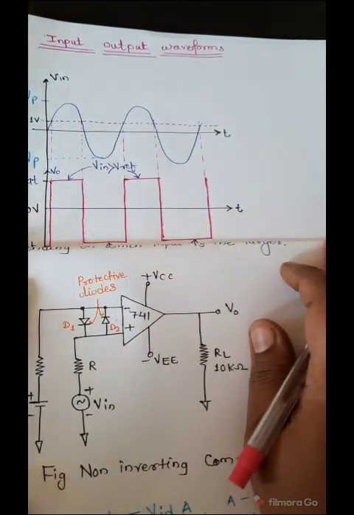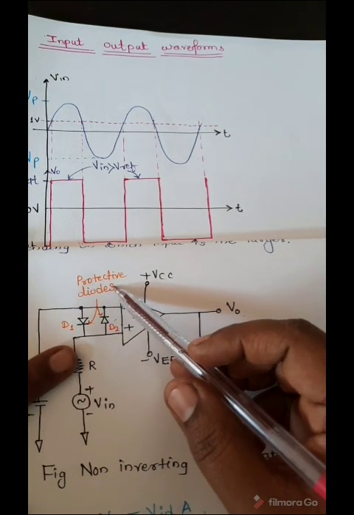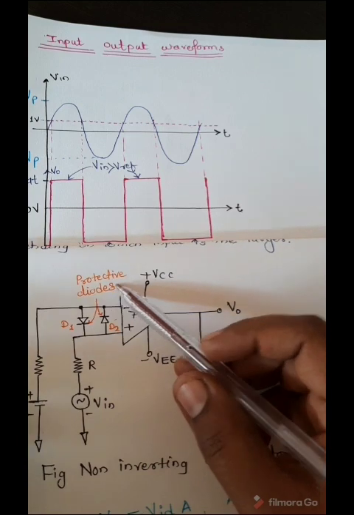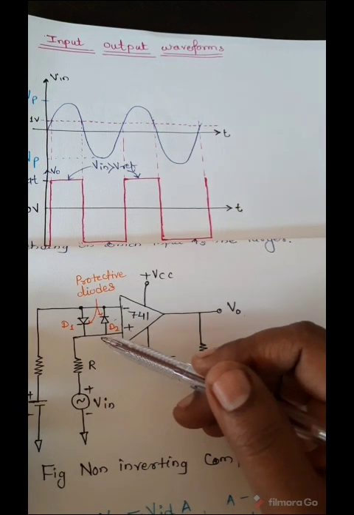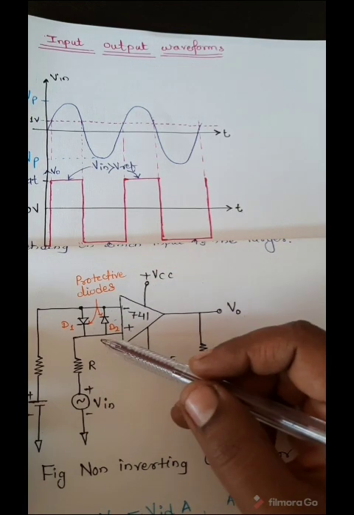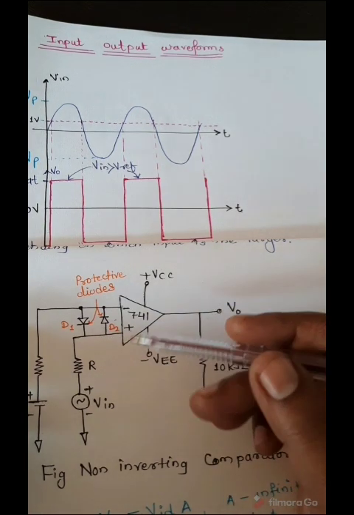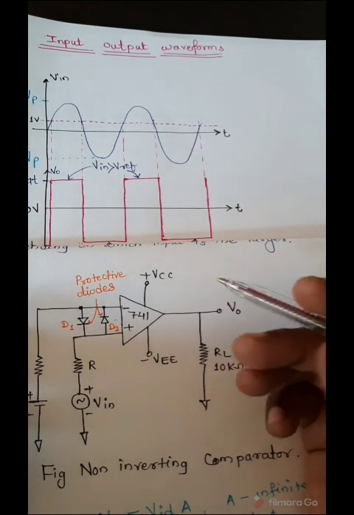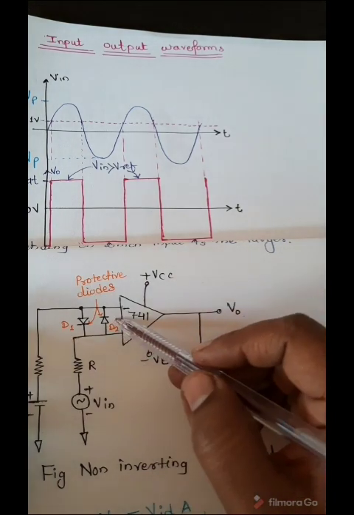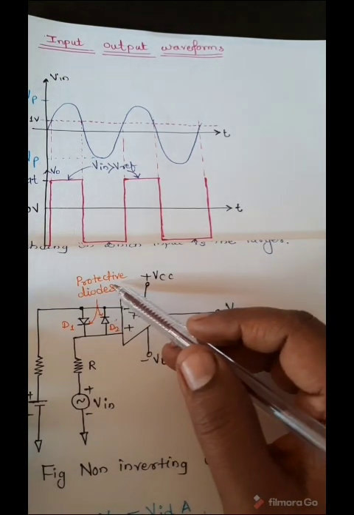Okay. So in this figure we can see that there are two diodes D1 and D2 which are the protective diodes of the op-amp, and that will protect the op-amp from damage due to excessive input voltages Vin. Because of these diodes, the differential input voltage VID of the op-amp is clamped to either 0.7 volt or minus 0.7 volt. Hence, the diodes are called clamping diodes, as the differential input voltage is clamped to 0.7 volt or minus 0.7 volt.